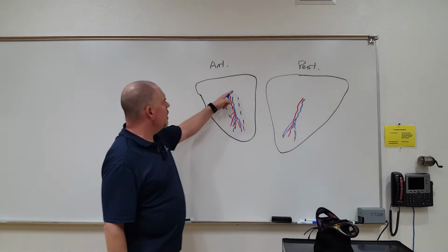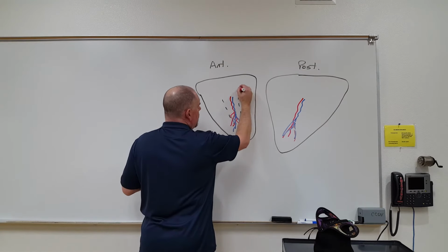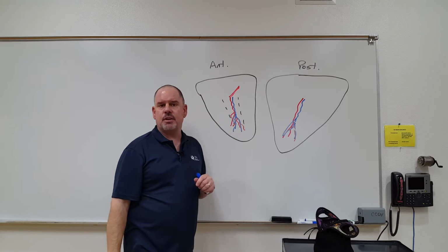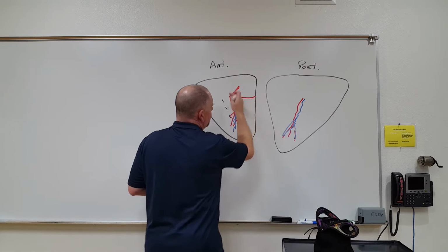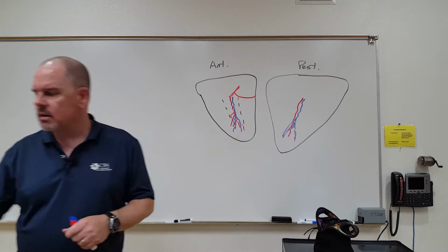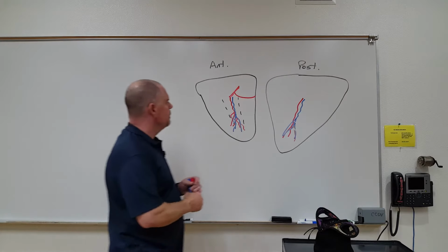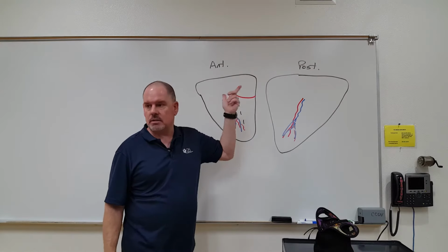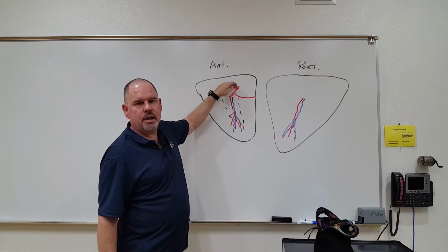So I would like you to start over here with me. And what coronary artery leads into the anterior interventricular artery, then branches and goes around back in the coronary sulcus? Look at the picture. Take a moment. We've got time. This one is the what? You see it here in the picture. The left coronary artery,